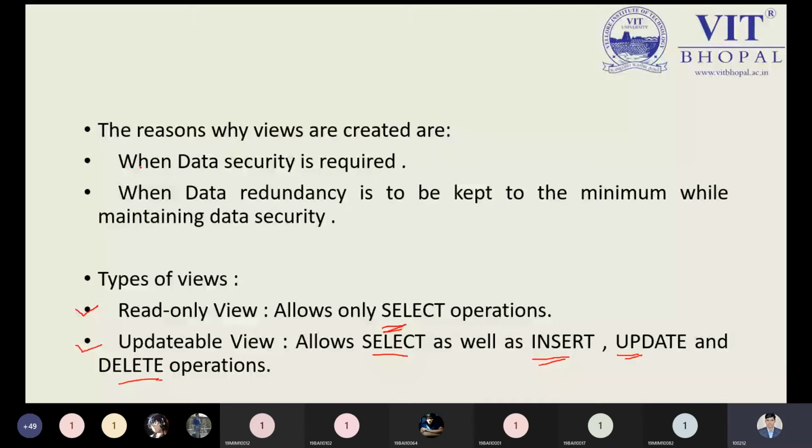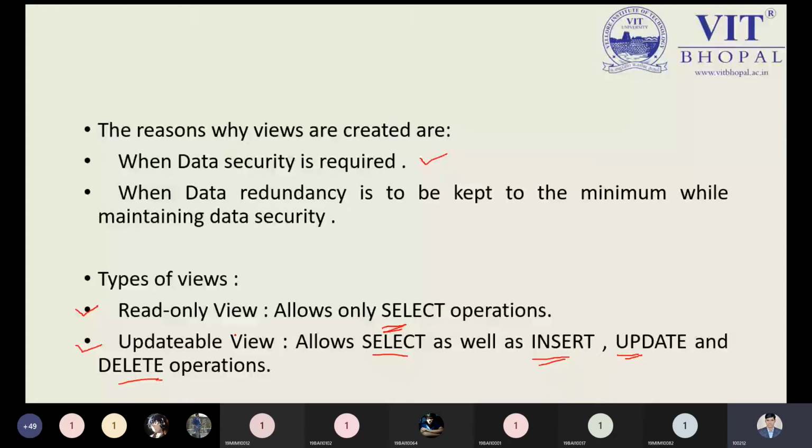So what are the various reasons why we need to create a view? One is that data security is required. We do not want to play with the actual table. We just want to play with its reference table, so there is no issue. It is a better idea to keep the view and perform random operations on the view. Finally, we will see what is happening there, and the actual data will not be affected. But when you are using an updatable view, the actual table or actual data may be affected.